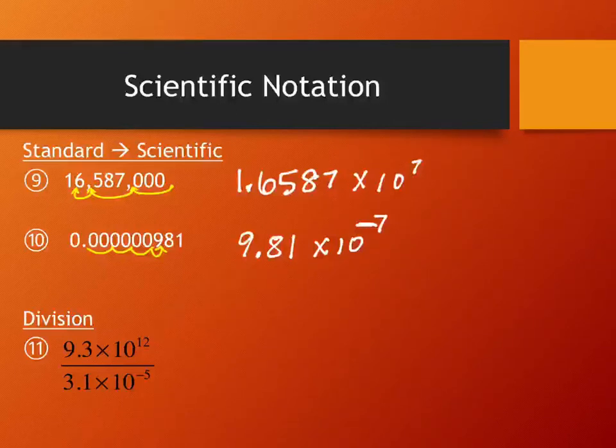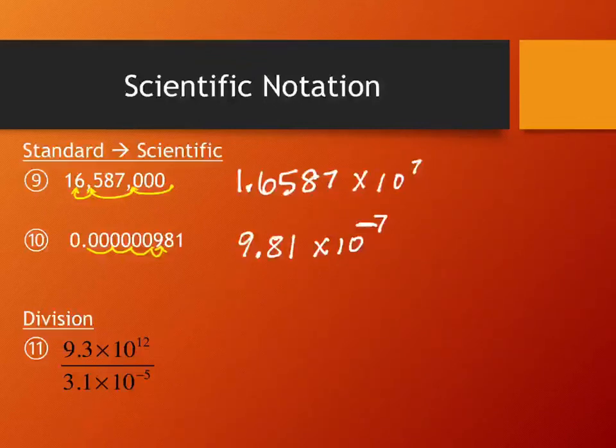Okay, so in some sense you're like, well, yeah, there are exponents there, but that doesn't really utilize anything that I just showed you and proved and talked about with exponents, right? So I want to give you an example where we're combining this idea of scientific notation with what we're allowed to do with scientific notation, including the exponents. So the last example in this section is example 11, and it talks about what happens when we try to divide